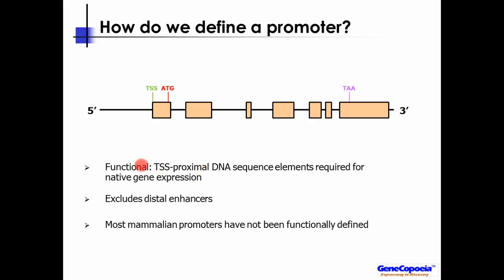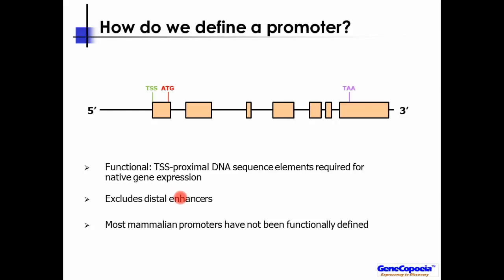Normally, a promoter has been functionally defined through experimentation, and these are usually elements that are proximal to the transcription start site, or TSS. These are TSS-proximal DNA sequence elements required for native gene expression. Now, I'm not including the TATA box or any general transcription factor binding sites. I'm talking about